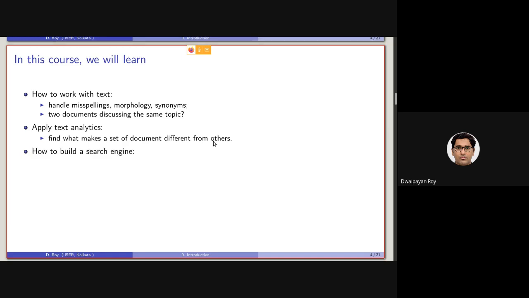And as I said, the majority of our attention will be given to how to build a search engine on our own, like how to rank the documents based on relevance.